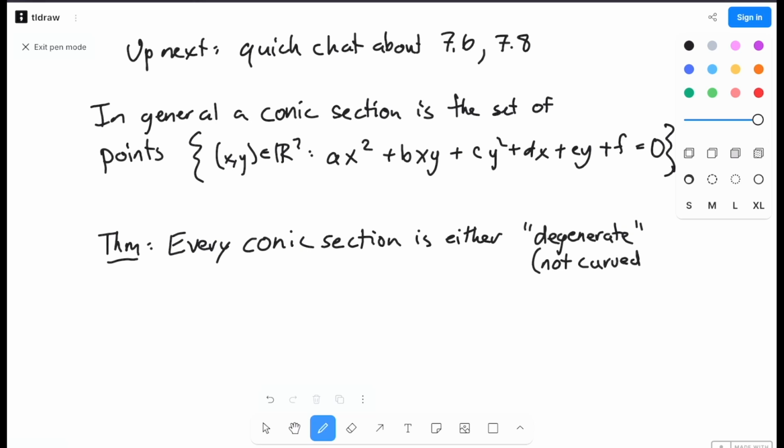This is not in general what the word degenerate means, but in this context, that's good enough. Or it is congruent to